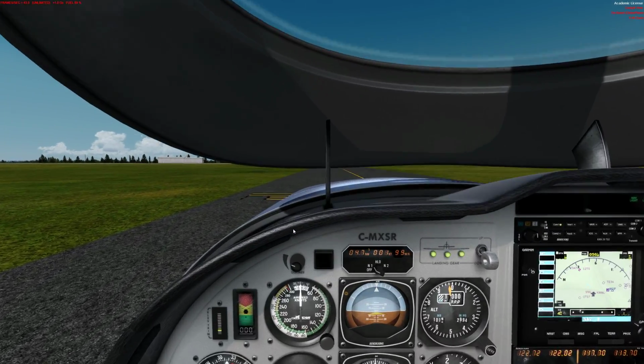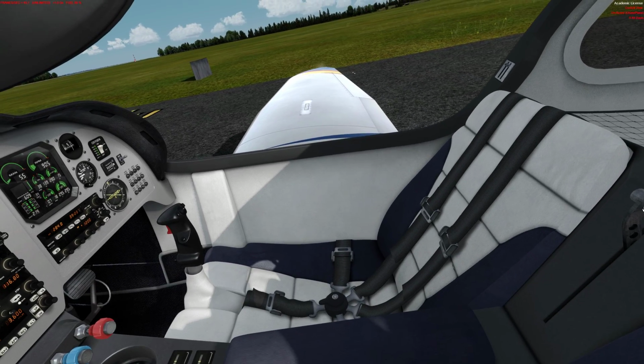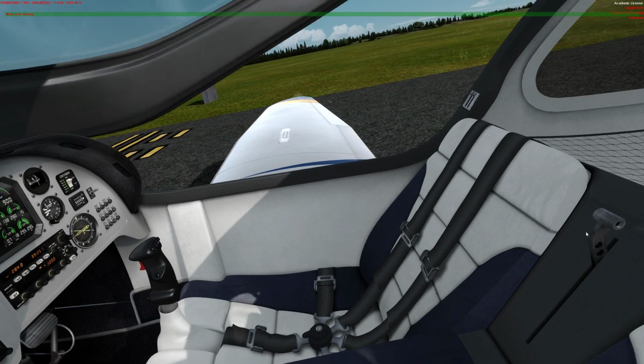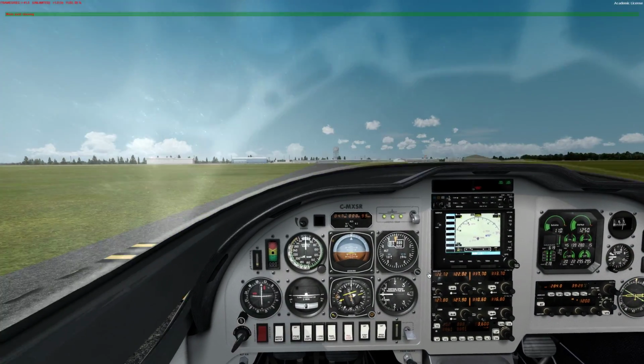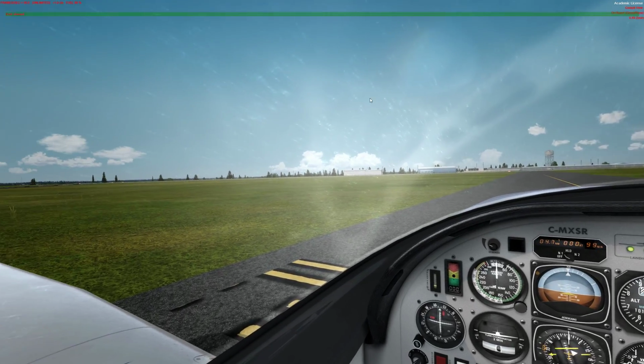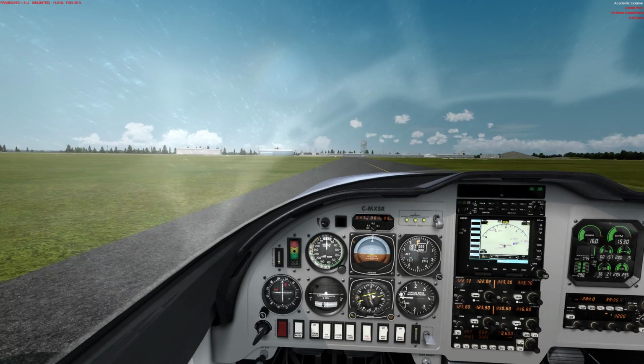Opening the cabin to get the canopy to get some fresh air, which is actually a really bad idea, isn't it? Because you can't see very well where you're going once it is down. Yeah, that's much better. Just trying to get rid of this glare on the windshield. It's a neat effect, but